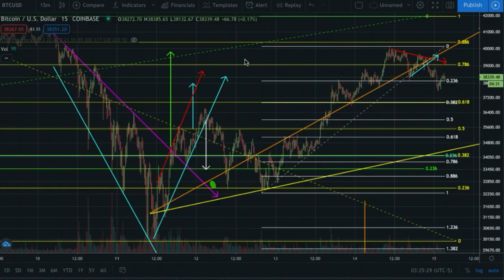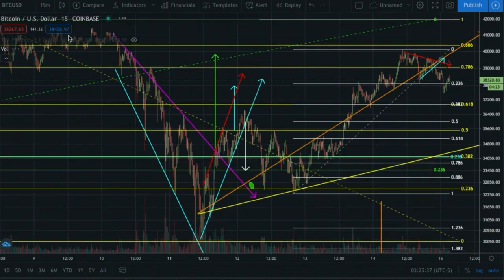Alright, so I've got the Bitcoin chart pulled up. This one is Coinbase. I'm on a short time frame, the 15-minute, just right now. Essentially, what we were looking at was we topped out this move back here, basically consolidation, and then we started to form this descending broadening wedge. Called it out very clearly, anticipated the measure move to the upside, which would take us back to that $40,000